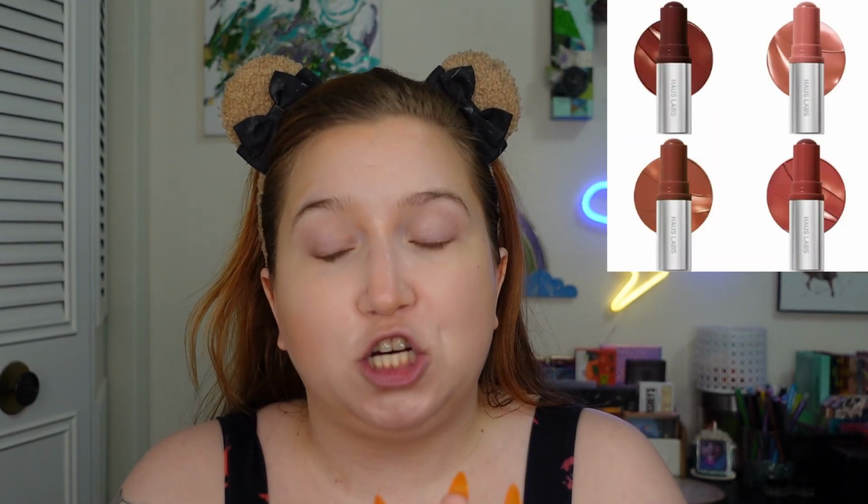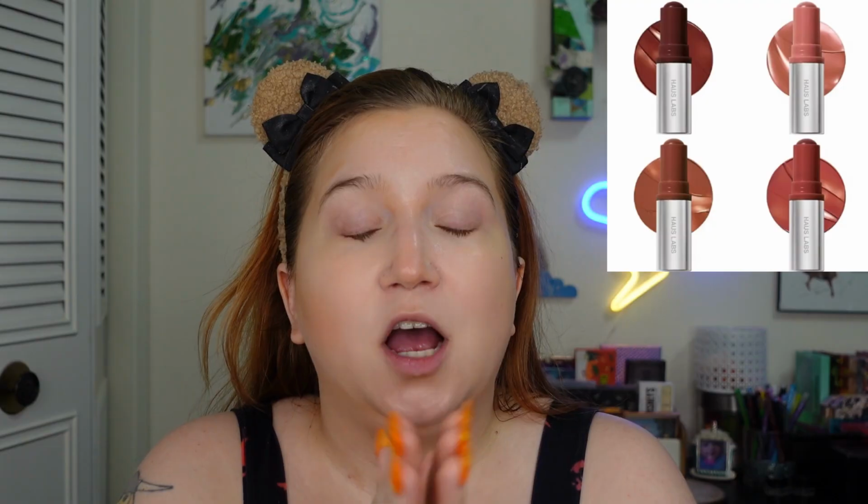I have never used a Haus Labs stick blush, but when Haus Labs came out with those 4 nude shades, I love me a nudie brownie blush so much. Something about a nudie brownie blush just gets my, like Teresa is dead says, it gets my makeup dick hard. And I just go nuts for a nudie brown blush, and I want all 4 of those nudie brown shades